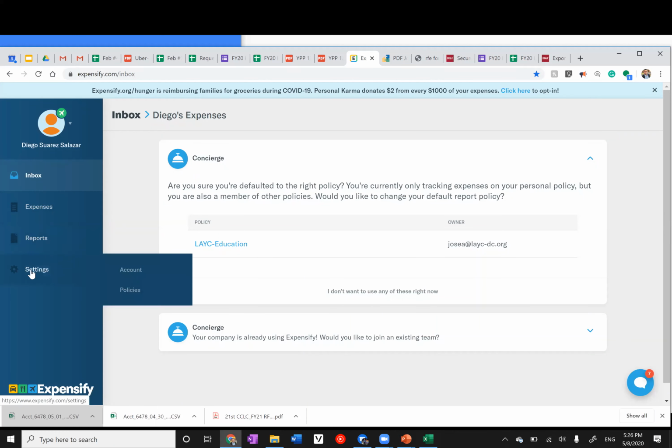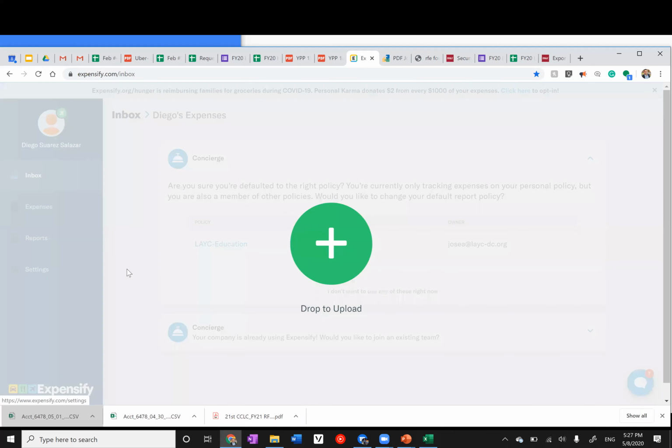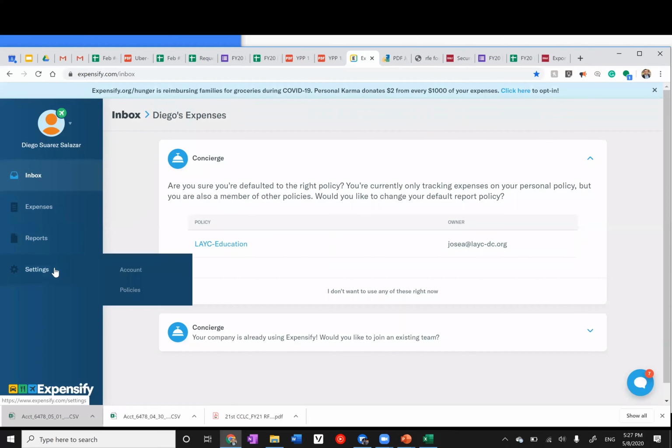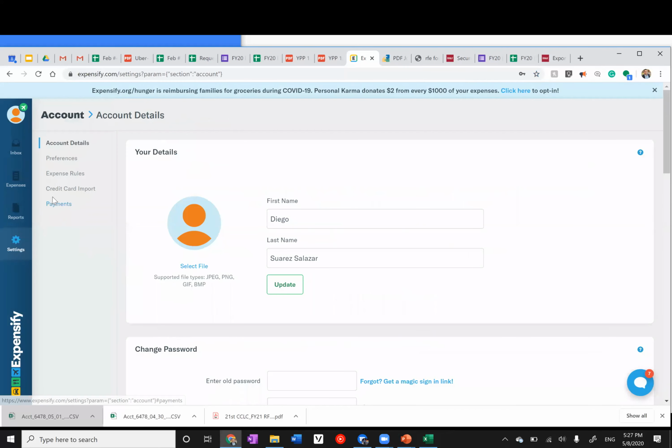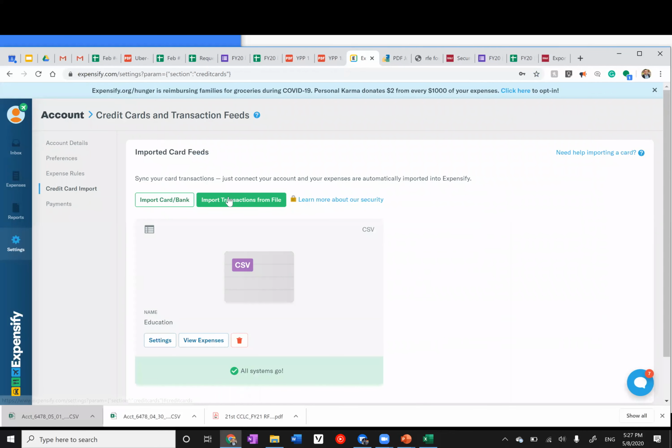And then I go here, you see where it says settings, and then you see account. You see where it says credit card import. You click there, and then you see import transactions from file. That's what you want. That's where you want to go ahead and do your upload. You click that,